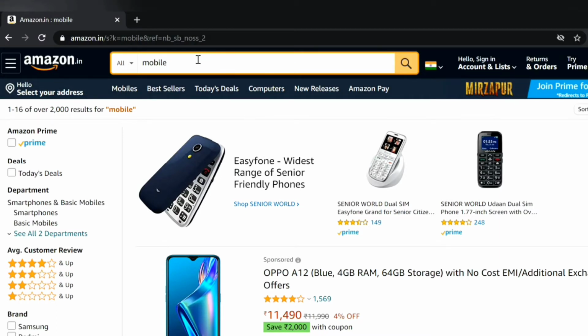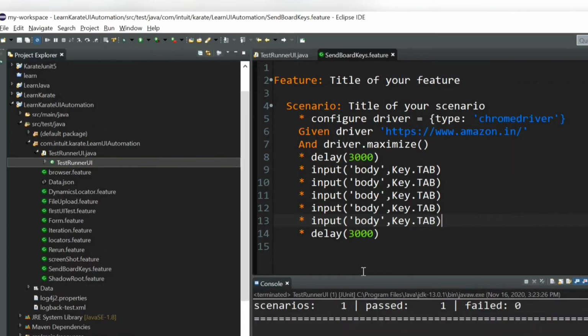So what we can do is take the active element from the web page, and to that active element we can send the keys. So how to get the active element from the web page? For that, just give element, and also make sure that when you send any keyboard keys, don't use quotes. Here you can use quotes for the tag name, but here don't use any quotes, otherwise it won't work. And now we're declaring the web element, def web element equal to, you can use the script function in Karate UI automation.